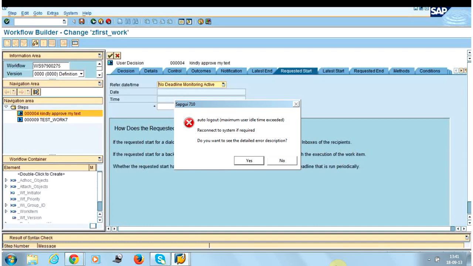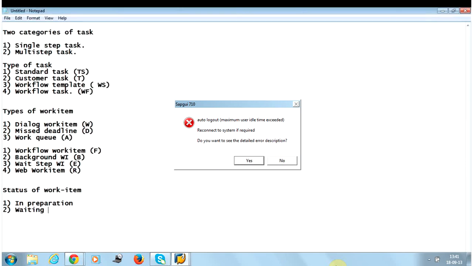This step is needed when you want to call a workflow which is present in a different system. If you want to pass your workflow from one system to another system, that workflow is first converted into an XML file, and then that XML file is sent to the other system, which converts the imported XML file into the workflow structure.